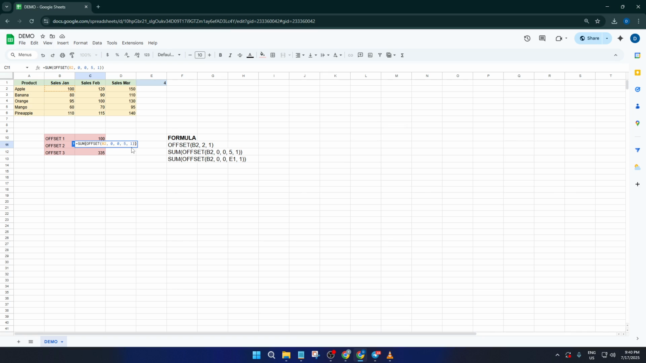The difference here is that OFFSET isn't pointing to just one cell. Instead, the last 2 numbers tell it to grab a block of cells, 5 rows tall and 1 column wide. So from B2, it's pulling in B2 down through B6. That's all your Sales Jan numbers from apple to pineapple. The SUM around the OFFSET is just adding them up, giving you the total January sales, which is 445. If you ever want to quickly tally a whole column or a subset that might change sizes, this combo is